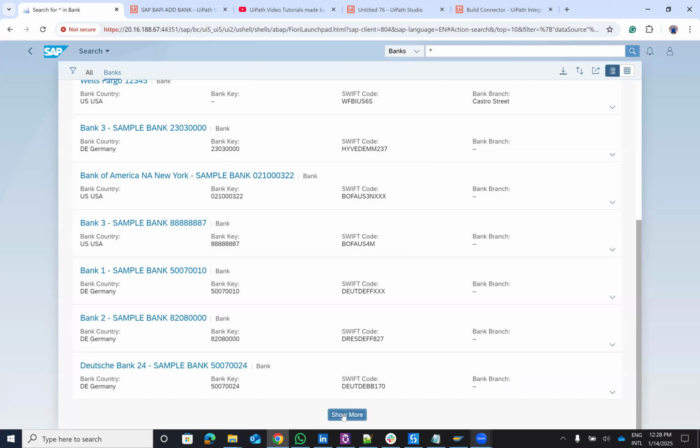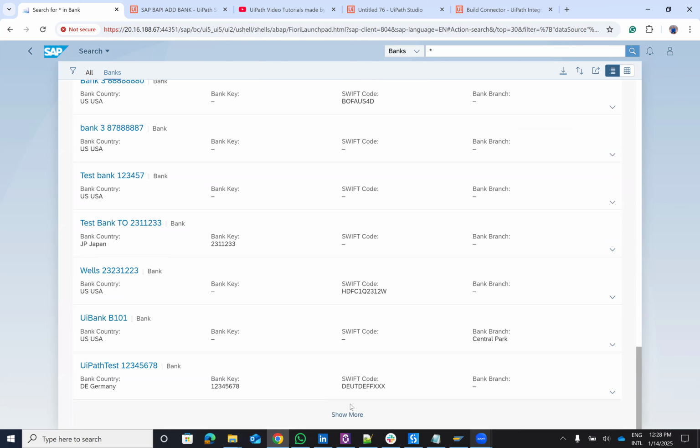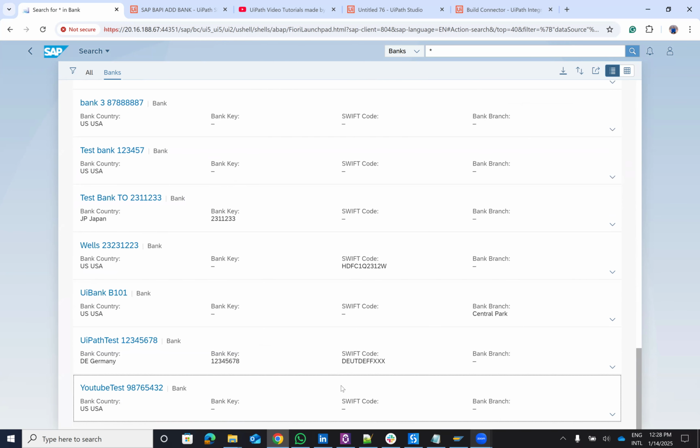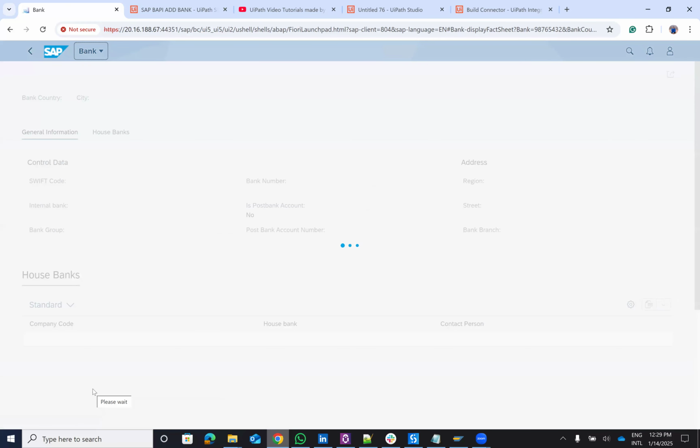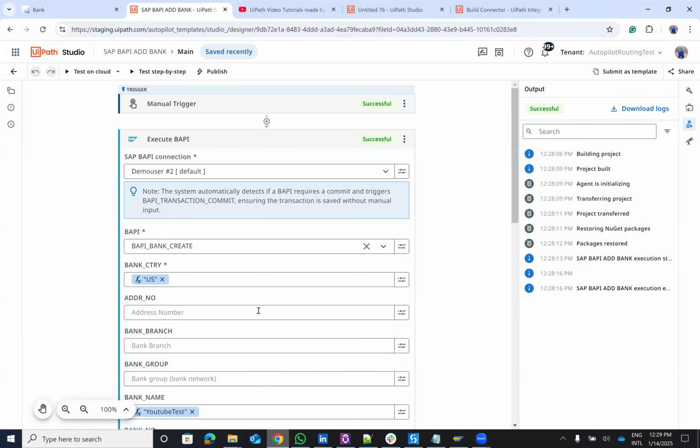And let's go to the last one. Probably it's in the order added. So you have YouTube test with the key 98762 without a Swift code, and it's a US bank. So the system was able to add our bank in SAP via BAPI commands. Okay, so the main idea, now with this integration service, with Execute BAPI, you will be able to call